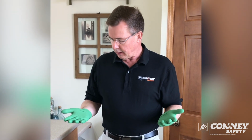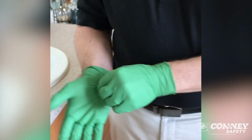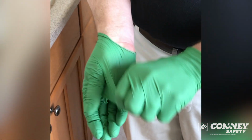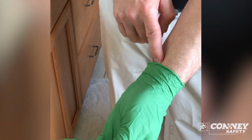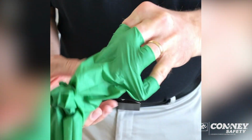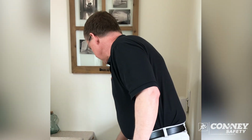With proper removal of the glove, I think the biggest thing to remember is that you don't want to touch the surface of the glove as you're taking it off. So in this case, I'm going to just pinch near the top palm of my hand, grab the glove material and pull it. And as you can see, I'm pulling it inside out, and I'm still hanging on to that glove. And then with my other hand, I'm reaching under the wrist area and pulling that part off. And now I've removed the glove and have not touched the surface of the exterior part of the glove